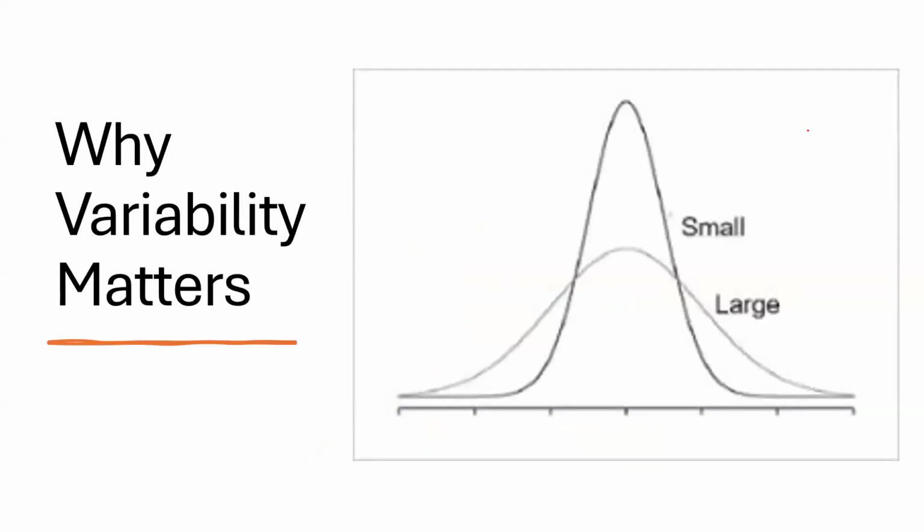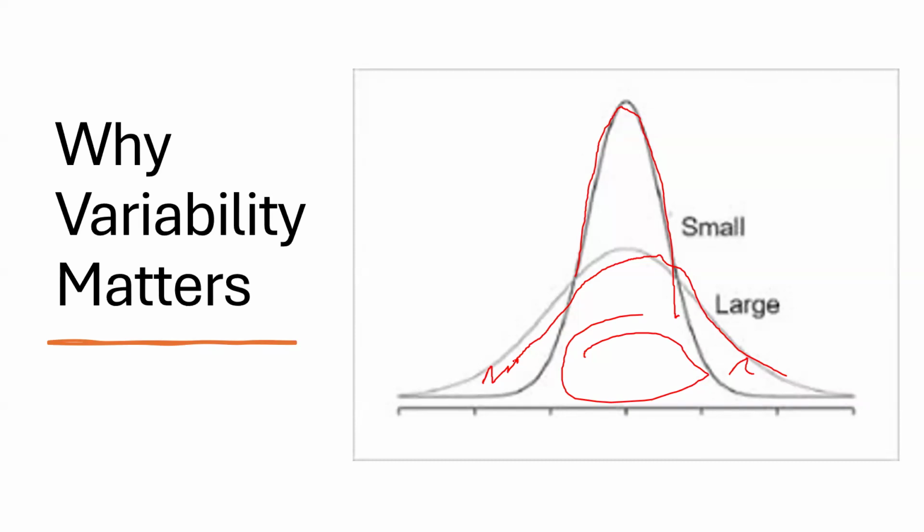Two data sets might have the exact same average, but behave very differently. One might have values tightly packed around the center, like the larger distribution here, right? Notice a bunch of the values are right in the center here. The other might be scattered more widely. We have more values over here and over here on this smaller distribution, right? Understanding variability helps us evaluate how consistent or volatile the data is, which is essential for risk, quality